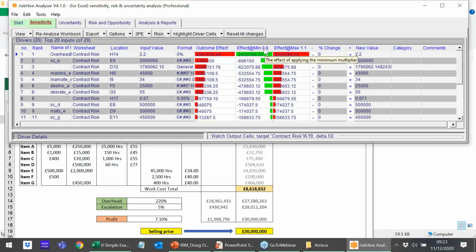And the outcome effect: if I change it by plus or minus 10%, which is this 0.9 and 1.1, that's the variability that we're changing it by. We can see that across the piece it comes out with about 4 million, about 2 million for each side of our tornado graph over here. So if it goes down by 10%, our selling price or bidding price goes down by 2 million. If it goes up, it goes up by 2 million. Of course, models aren't always this linear by nature, but it is very much a simple example model.